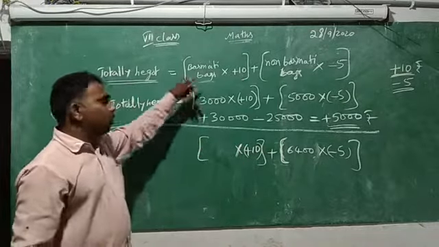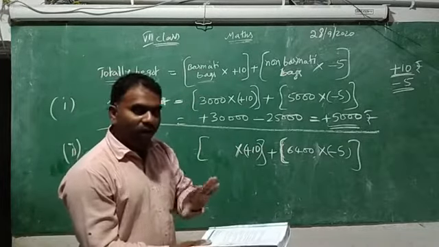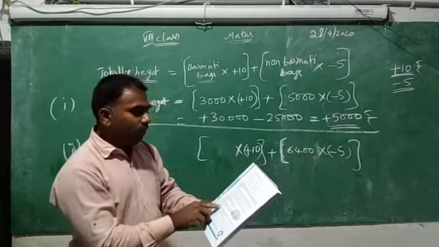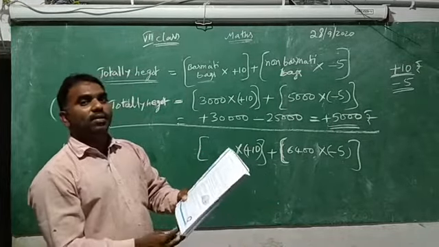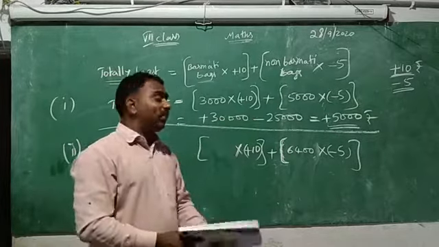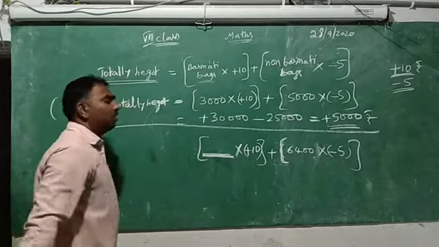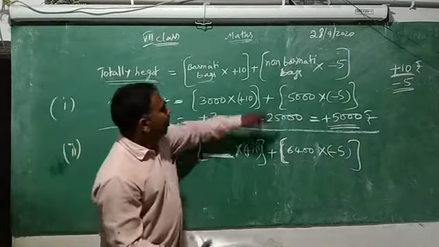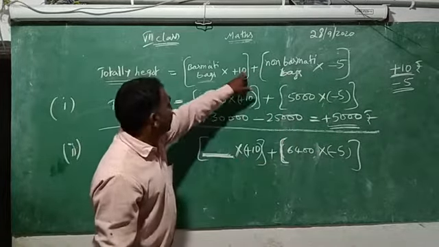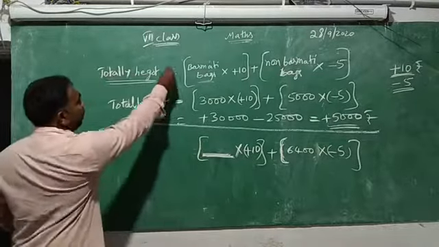And what is here? Basmati bags are there. Do you know how many basmati bags he sold? Observe the question carefully. He didn't give it. You have to find that. What is the number of basmati rice bags? That only you need to find. That's why you don't know it, and that's why you keep a dash. Non-basmati rice bags you know, into this is -5 fixed, and here plus 10 fixed. Basmati rice bags we don't know. That's why dash.